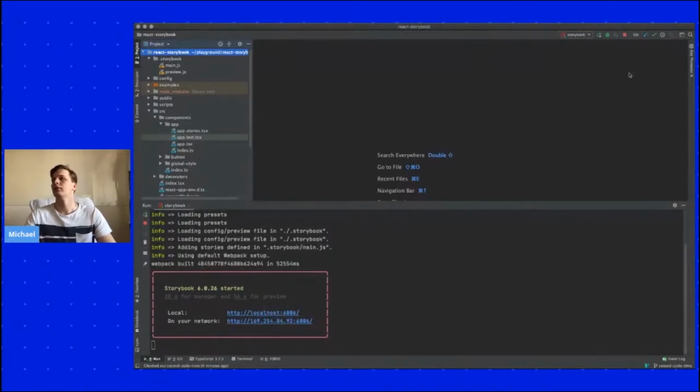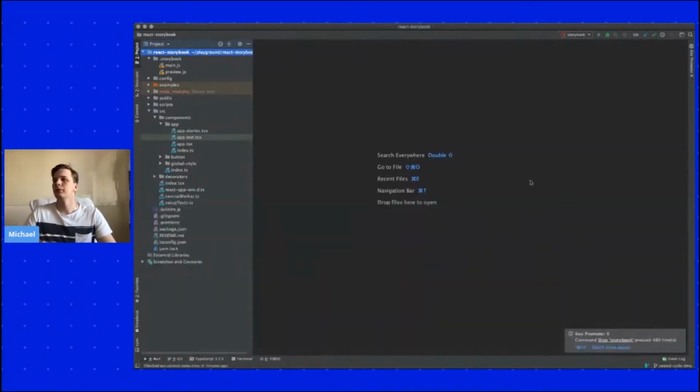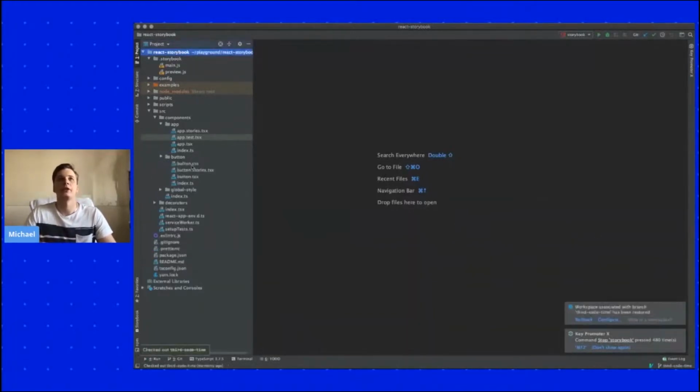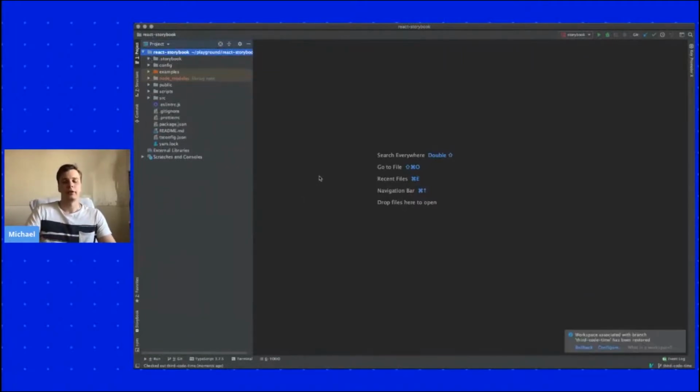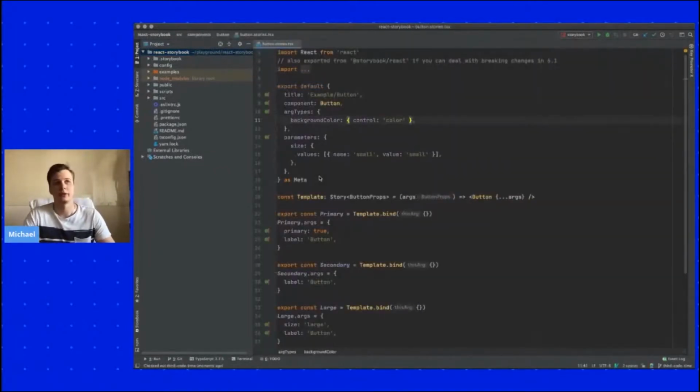I will stop our Storybook, switch to the shortcut time branch. Okay, and let's open the button stories.ts6 file. Basically I created a button. I took the base config. When we install Storybook by command npx sb init,